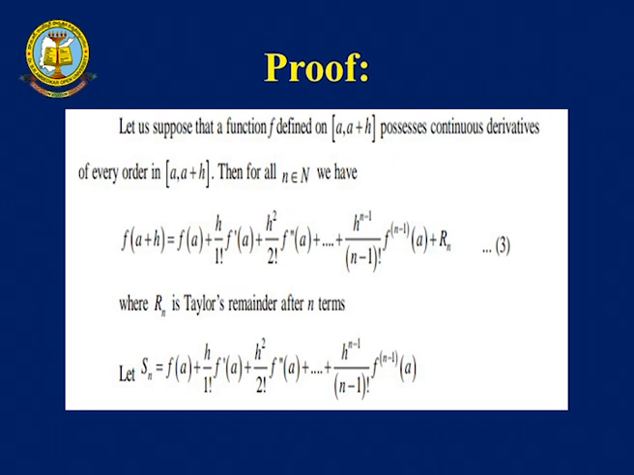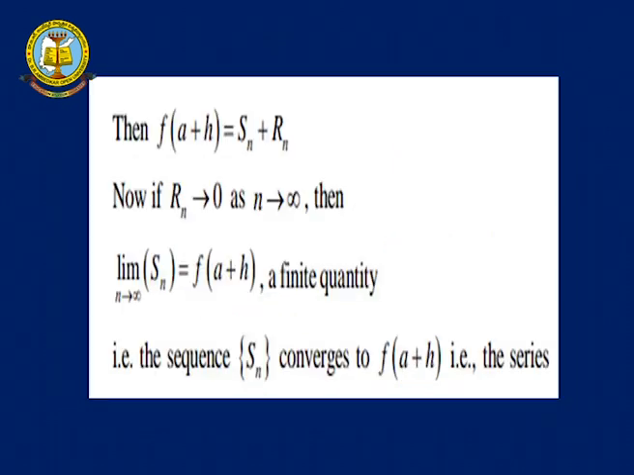So, let us take Sn equal to f of a plus h by 1 factorial into f dash of a plus h square by 2 factorial into f double dash of a plus and so on, h power of n minus 1 by (n minus 1) factorial into f power of n minus 1 of a. Then f of a plus h becomes